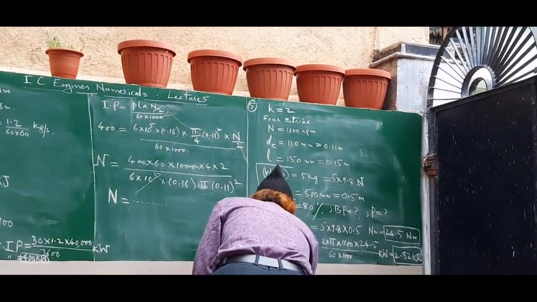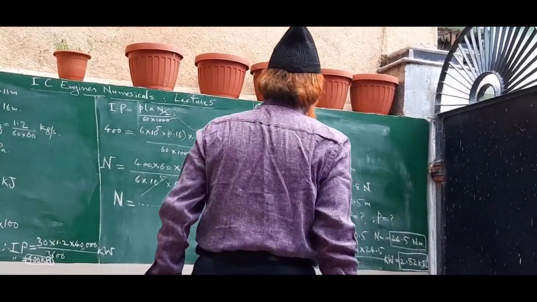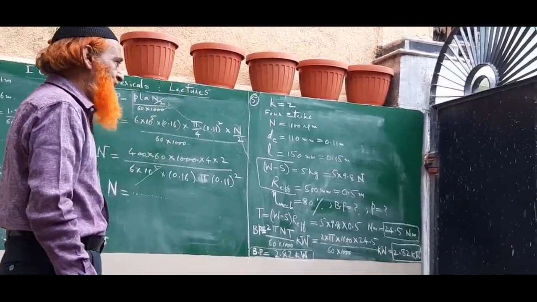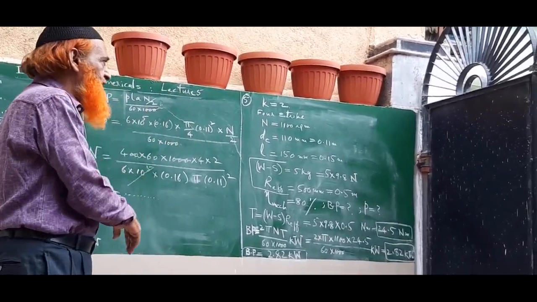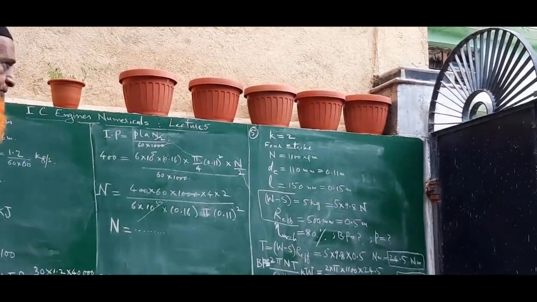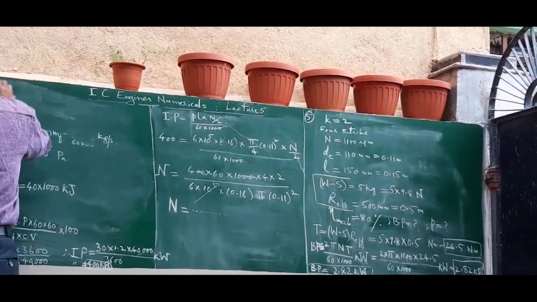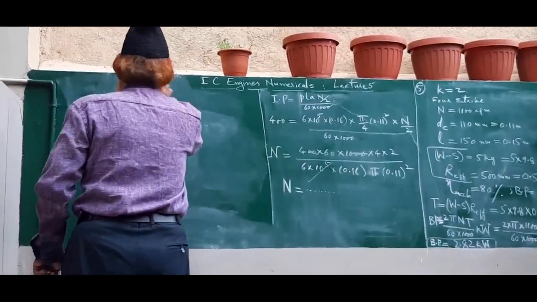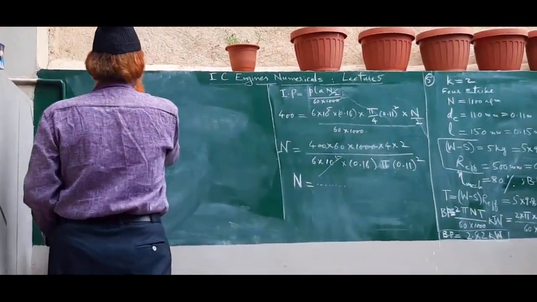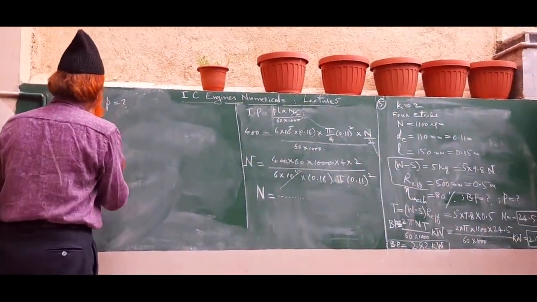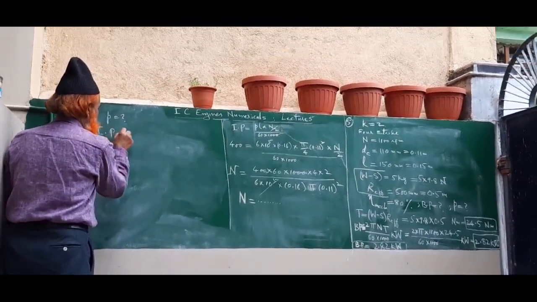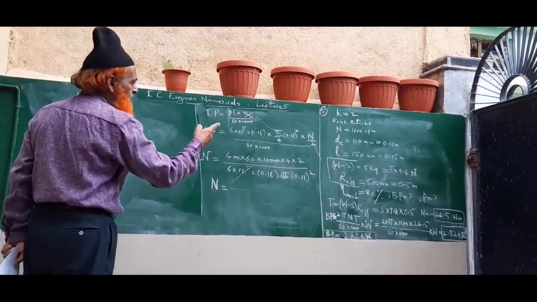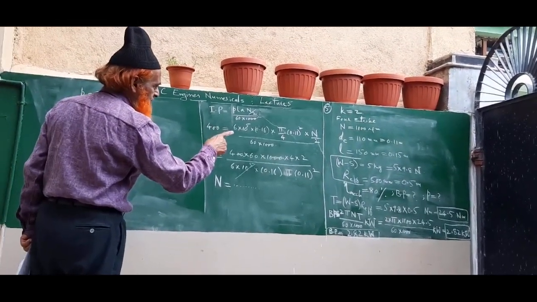Then one more thing is asked. What is that? Mean effective pressure is asked. To know the mean effective pressure, mechanical efficiency is given. From that we have to find IP, and with the IP formula we calculate the mean effective pressure. Therefore, we are moving ahead for indicated mean effective pressure. For that, IP is to be determined. To know IP, mechanical efficiency is given.